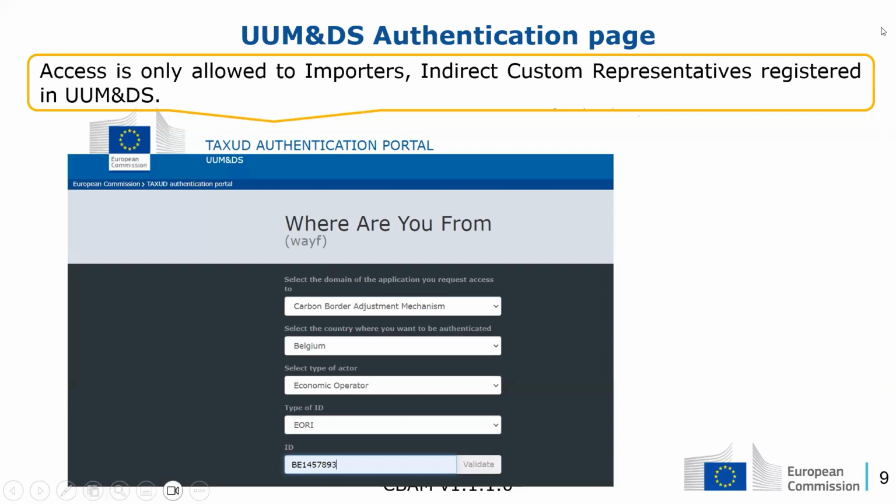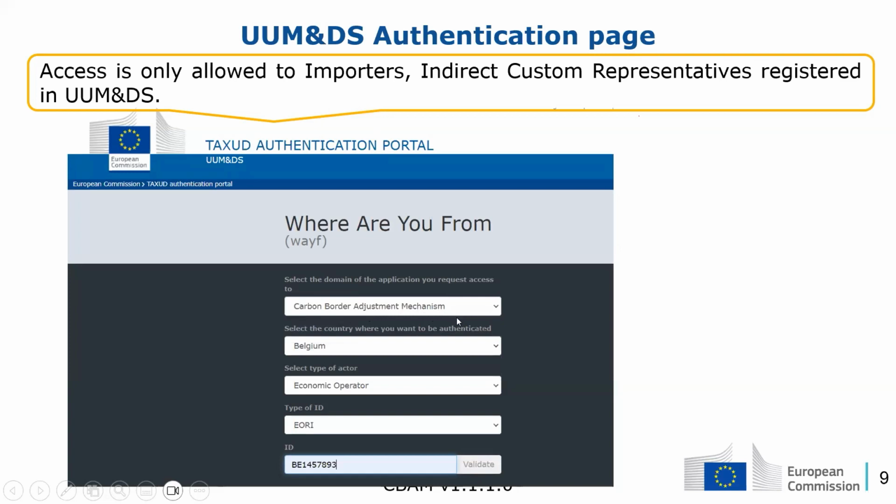When entering the CBAM Declarants Portal, the user will be redirected to the Where Are You From page from UUMDS. In this page, we need to select for the domain the carbon border adjustment mechanism.